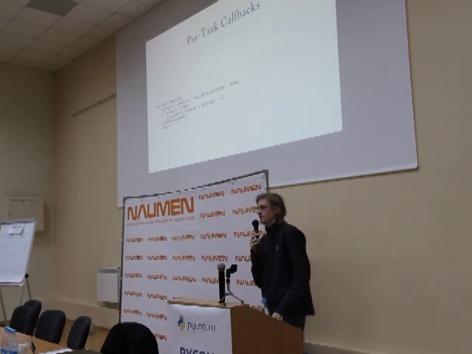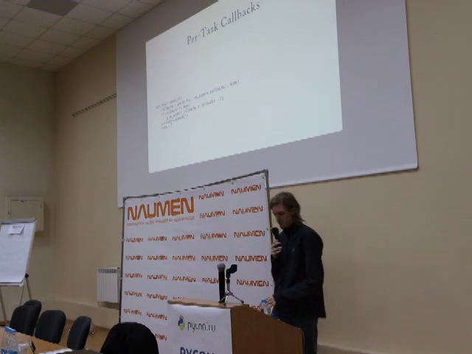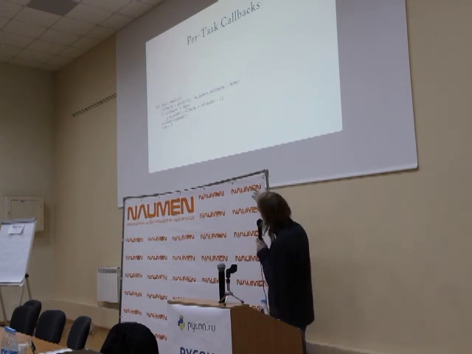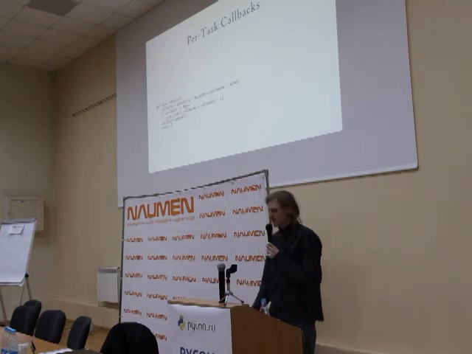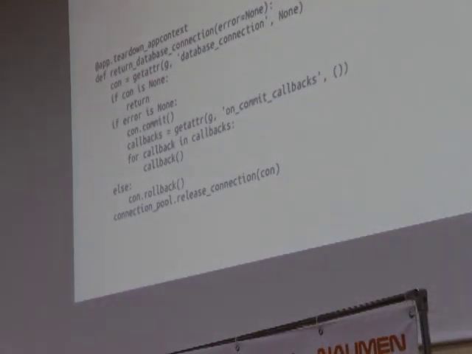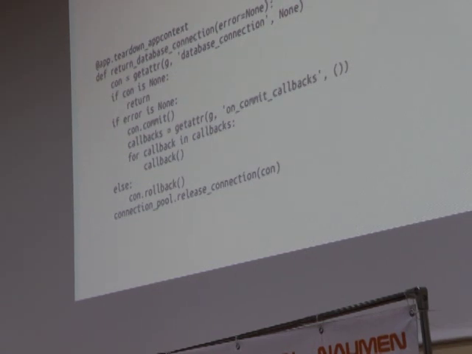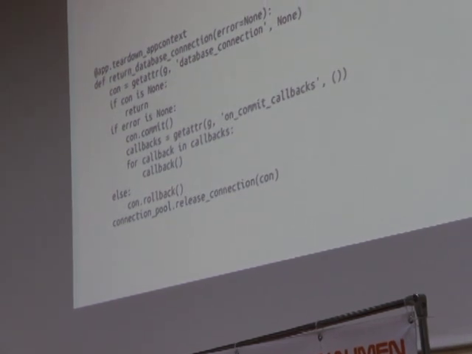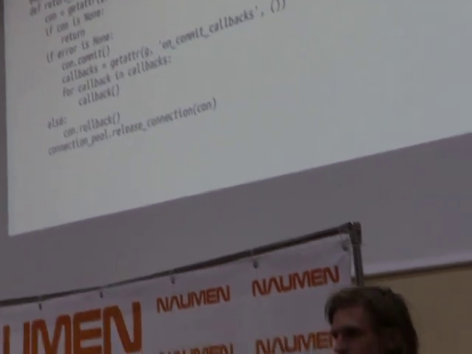Now, imagine you have a shop. So let me just show you roughly how this works. It remembers a list of callbacks on the g object. That's basically what it does. Now, the way it could be implemented is that if the whole thing tears down, it will check if it does commit, and if it commits, it will get this list of callbacks and then execute each of these callbacks. Now, if you have ever written an application that does some sort of transaction processing, like an online store